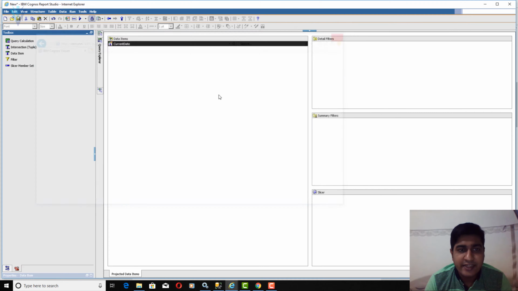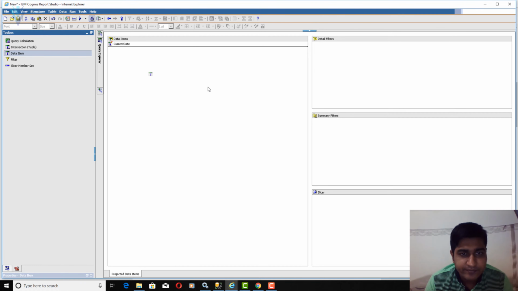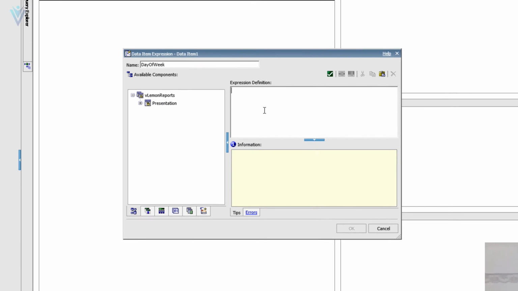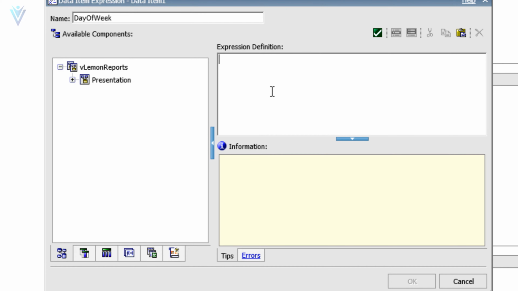Next, I need to find the day of the week. For this, I'm going to again add a data item, and I'm going to name it day of week. This is to find the day of the week. I'm going to use another Cognos function. The function is _day_of_week. Then we need to provide the date. Okay, our date is